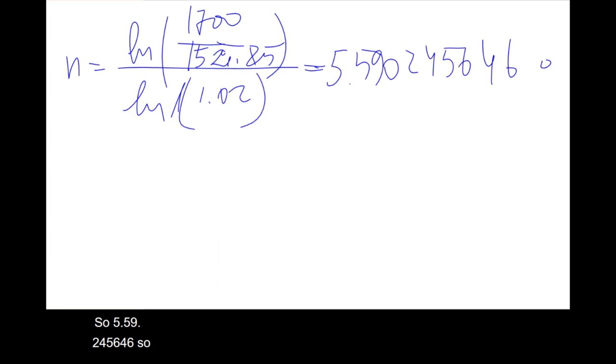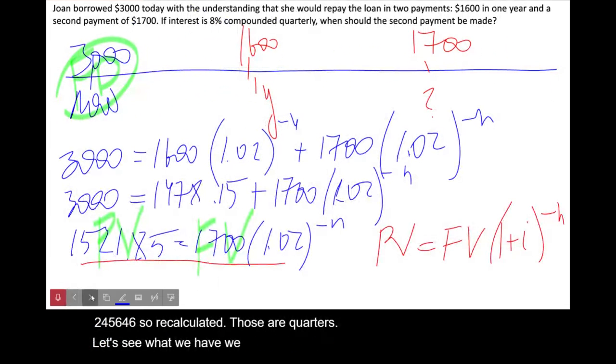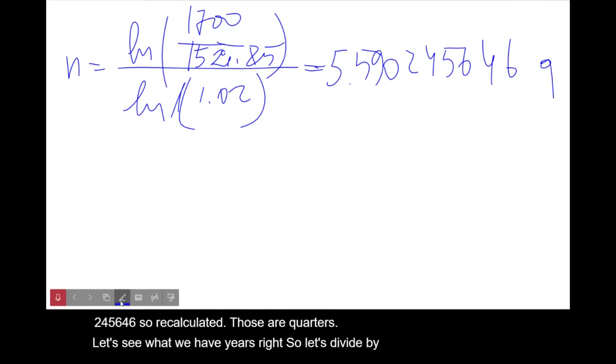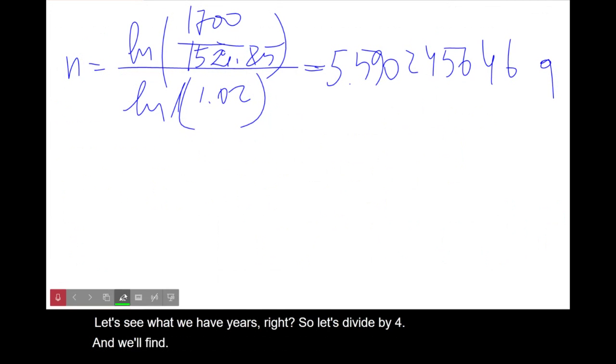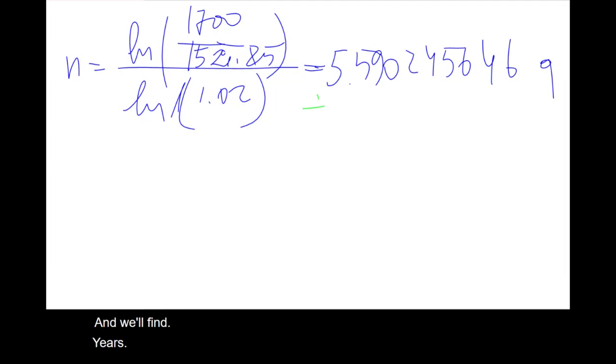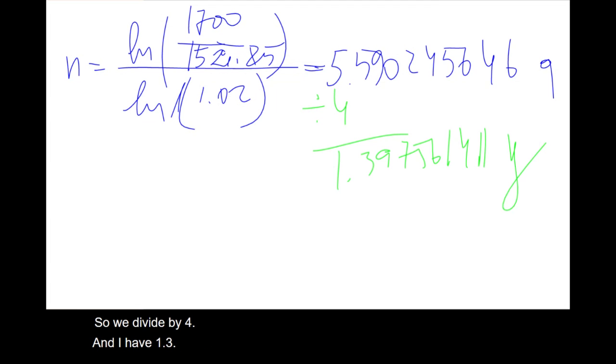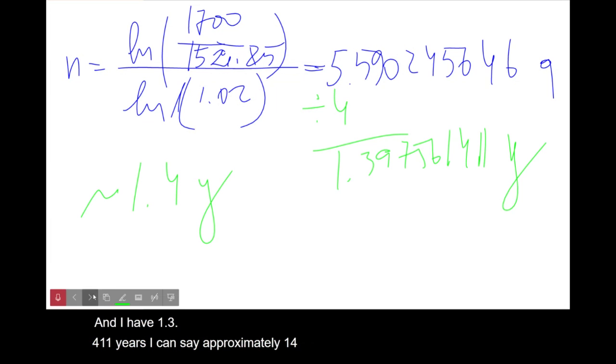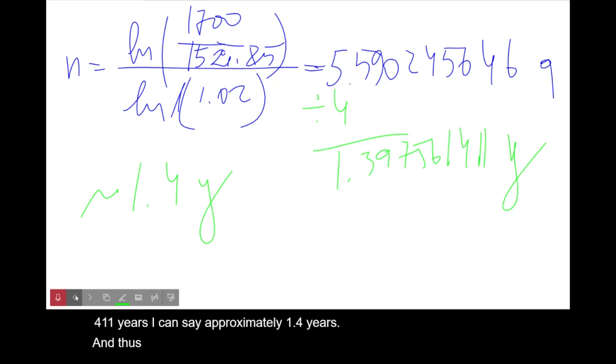So we calculated those are quarters. Now let's see what we have. We have years, right? So let's divide by 4 and we'll find years. So we divide by 4 and I have 1.397561411 years. I can say approximately 1.4 years, and that's the moment